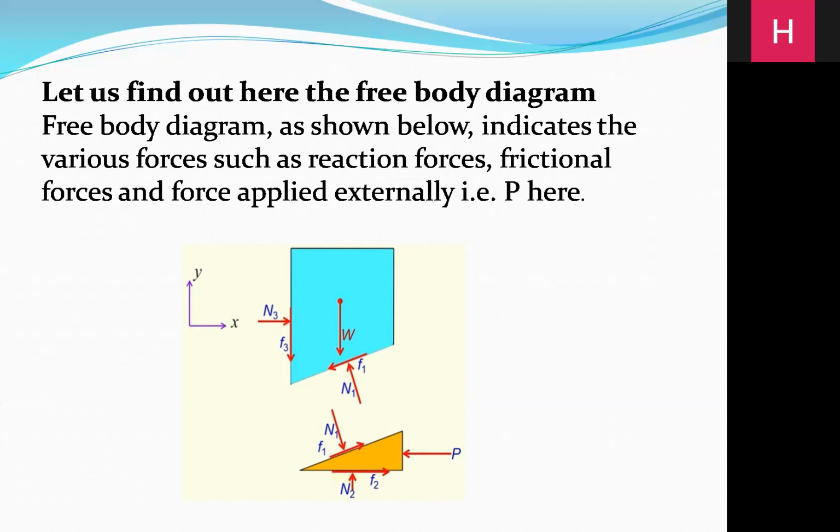The frictional force acts opposite to the force. Coming to the body, it acts opposite to the normal. And coming to the last slab, we take the support. N3 is the normal force acting towards the body, and F3 is the force acting downwards. Here there are only two forces acting, the normal force and the frictional force, in two directions, as we have taken for the support and the body.